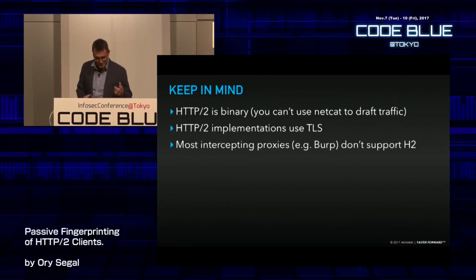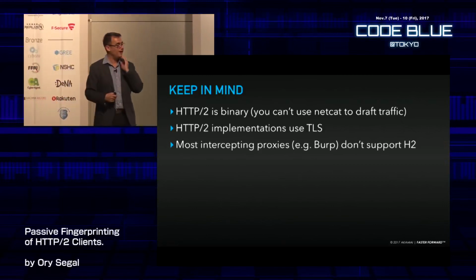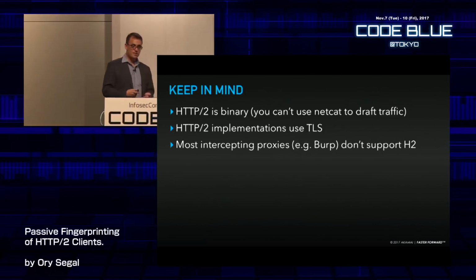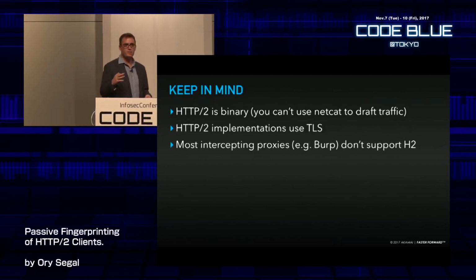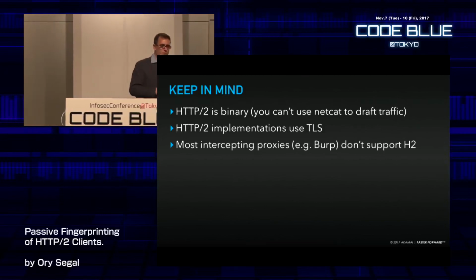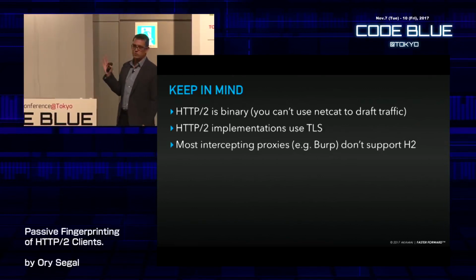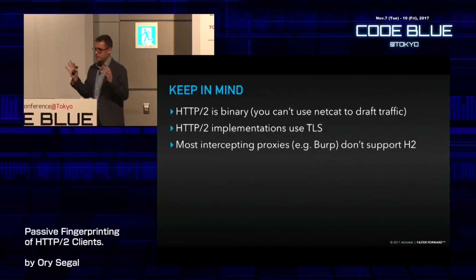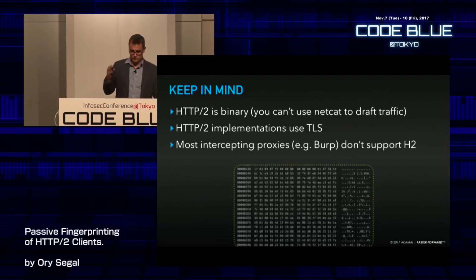Most intercepting proxies, like I said, I'm a big fan of Burp, couldn't be used for debugging HTTP2 traffic. I think only Charles proxy supports HTTP2 from the ones I saw. And mitmproxy, the man-in-the-middle proxy, a command line intercepting proxy tool, also supports HTTP2, albeit it doesn't show you the different flags and everything on the lower level that I was talking about, but you can intercept the traffic and work with it. If you're a command line person, go ahead.